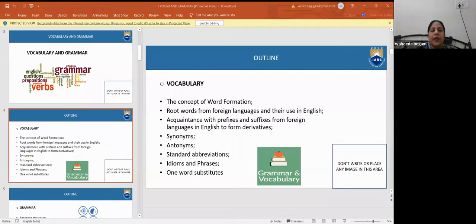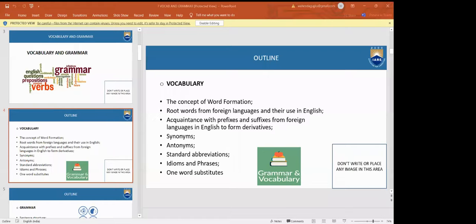Okay, so then we'll go to a small segment of the lesson: acquaintance with prefixes and suffixes from foreign languages, like alter, alternate, ami or amic, lovable, amicable. Okay, amphi, all sides or both sides. Amphibian, an animal that lives inside the water as well as outside. Crocodiles, frogs, and these types. These are called